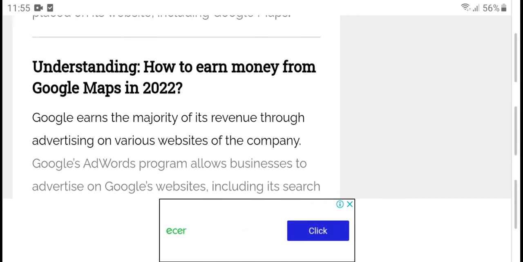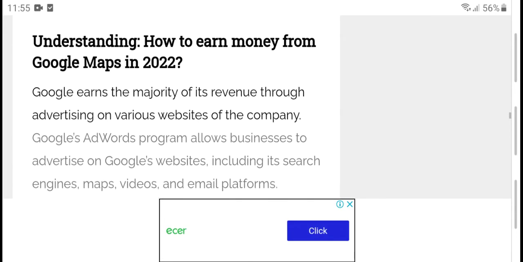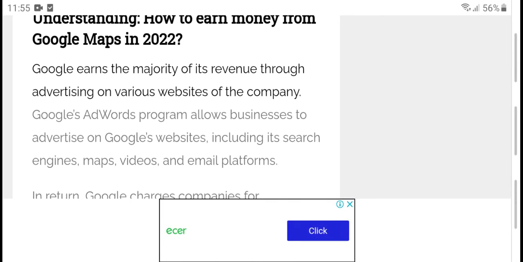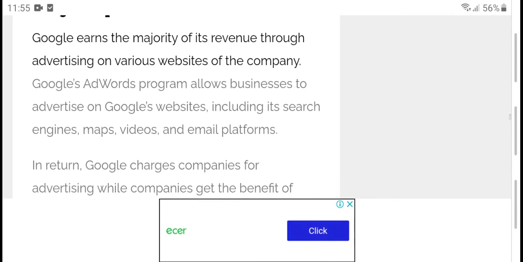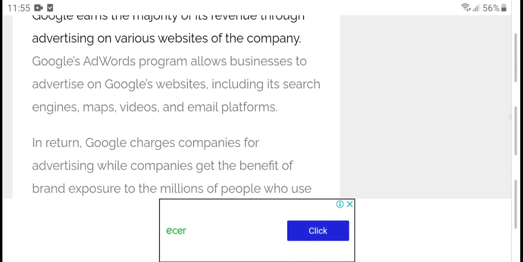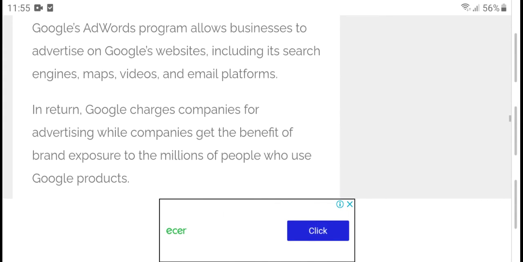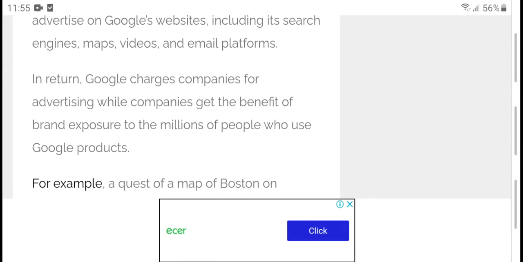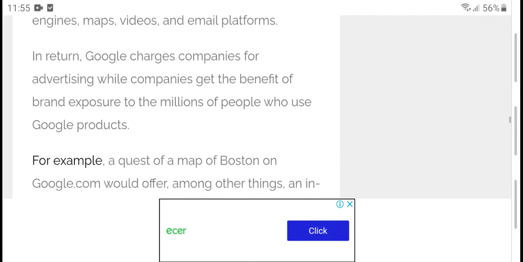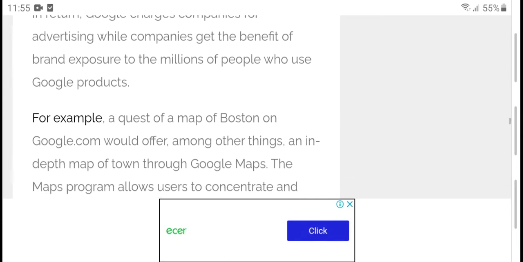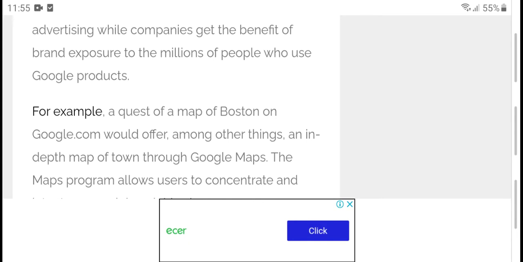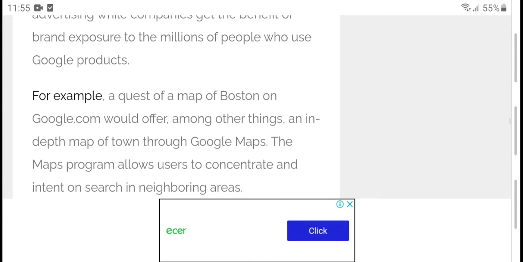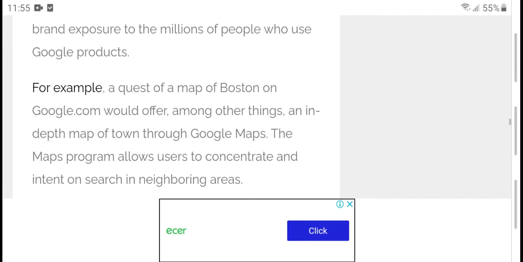The Google AdWords program allows businesses to advertise in good ways, including search engine, maps, video, and email platforms. In return, businesses get the benefit of brand exposure to the millions of people who use Google products. For example, if I search for Boston on Google.com, it would offer results and these things on the map, and target Google Maps.